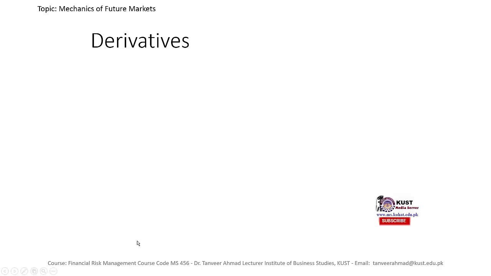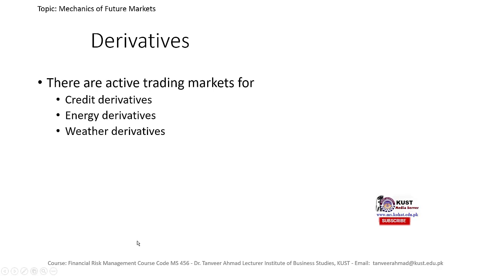There are different markets. There is the credit derivatives market, the energy derivatives market, and the weather derivatives market. There are a lot of derivative markets around, but we want to discuss the difference between derivatives and insurance. Remember, we said in the earlier slide that derivatives are used to minimize the risk of a firm. So is insurance used for the same matter? What is the difference between derivatives and insurance?